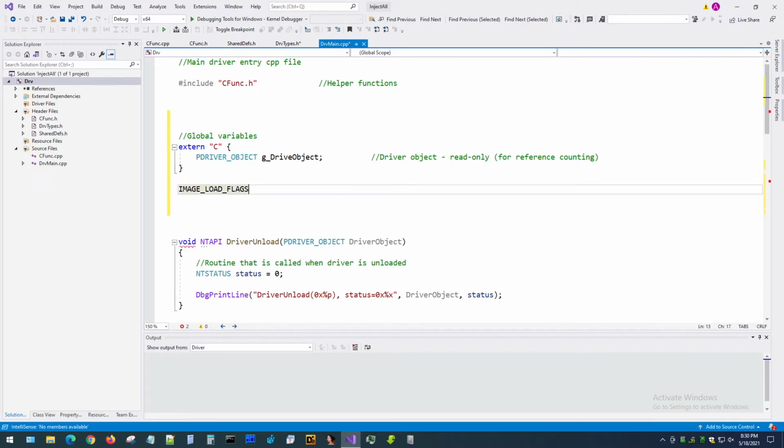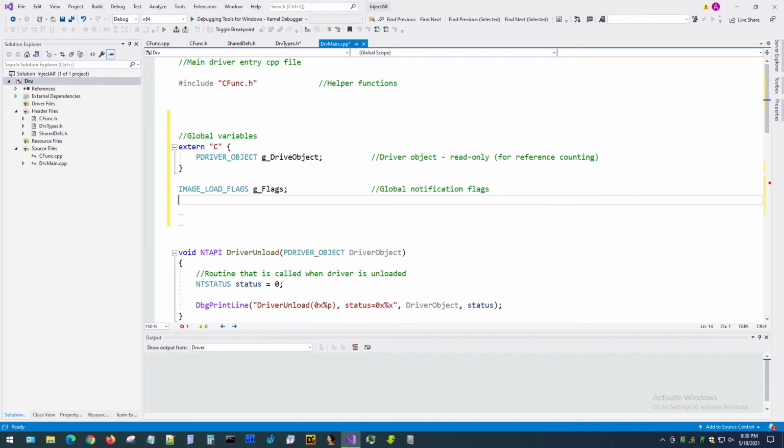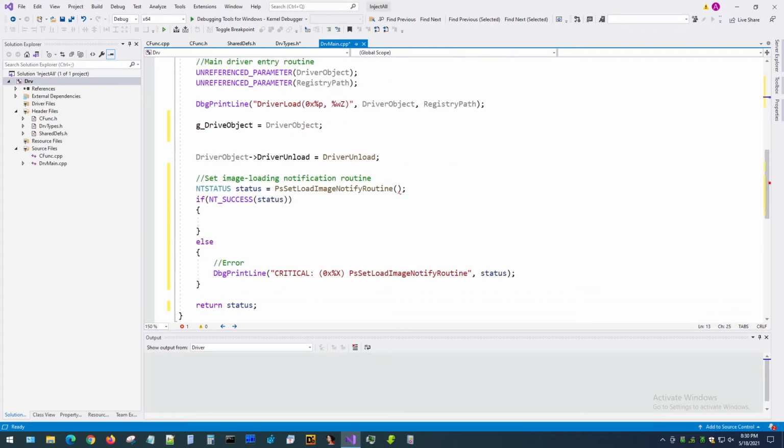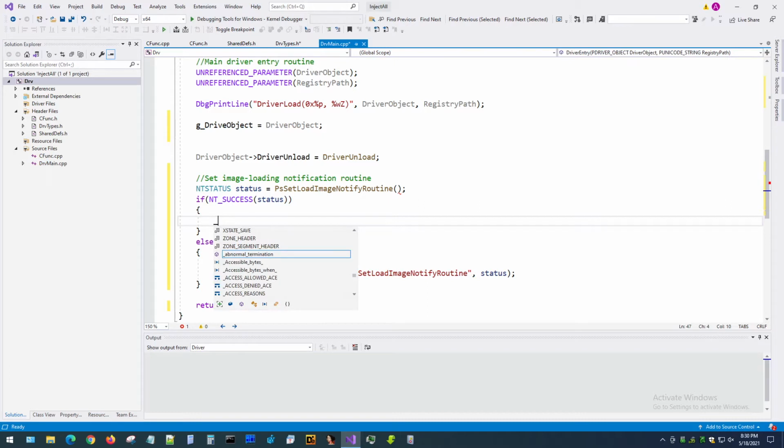Let's say here, and we call it G flags. And let's just say global notification flags. Now originally it will be 0, and when our procedure succeeds, we'd use an intrinsic, which